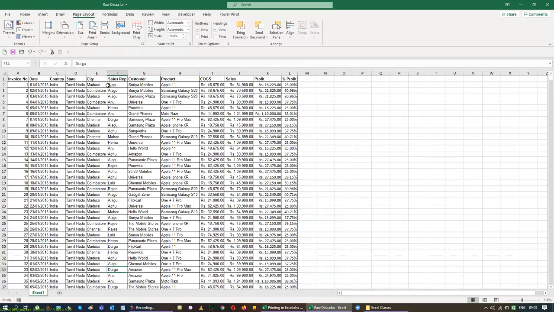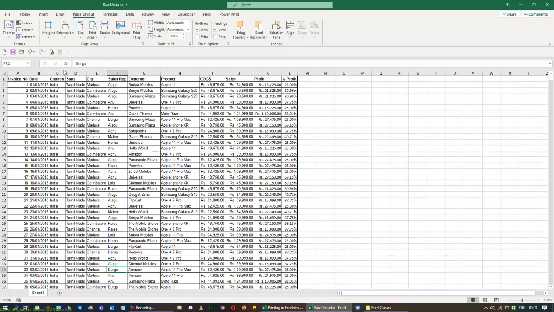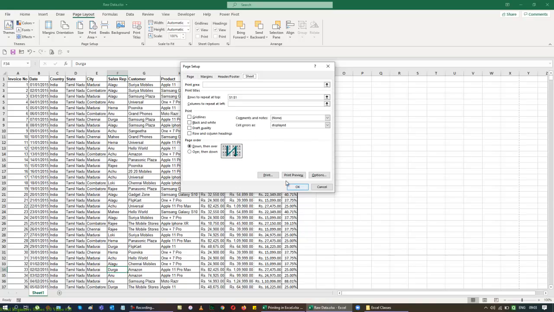So when you take a printout, keep remembering that your margin has to be normal. Now I made a custom margin here, so I'm going to just make it normal again. And you can set the print page area. Most of the time when we take a printout in Excel, we will set the orientation as landscape, size A4, print area if required, do it, break if required, do it, and print titles will allow you to do the rest.